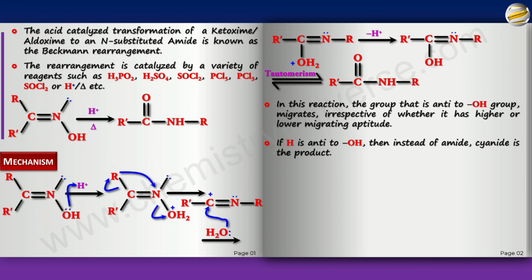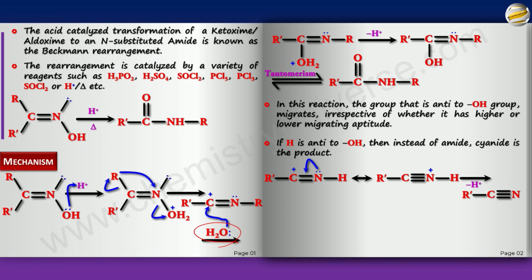The reason is that, remember, first this will form, okay? But instead of the R, you would have the H because the H has migrated, right? And you expect the water to attack now and all of that thing to happen. But even before this happens, remember, this lone pair would stabilize this, right? And you will get a resonating structure like this. But this has a very easy tendency to lose the H plus, and then you'll immediately get cyanide. So instead of proceeding further with the attack of water, you would just get the cyanide forming here.